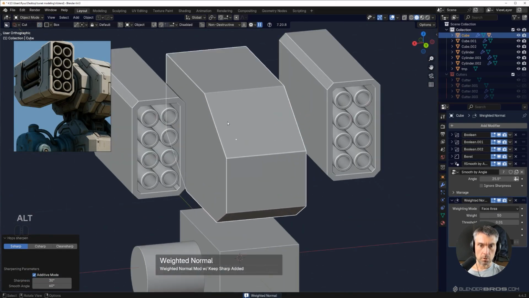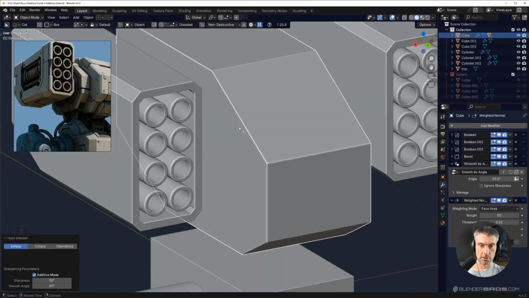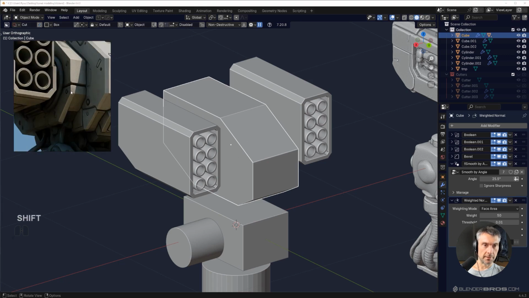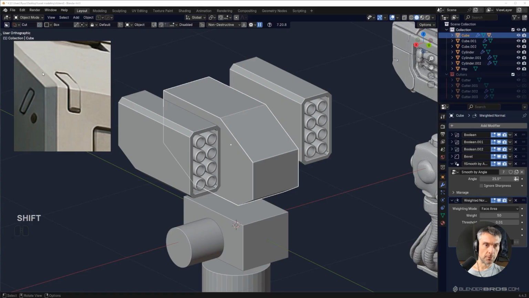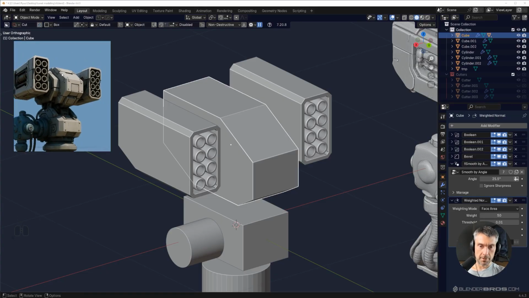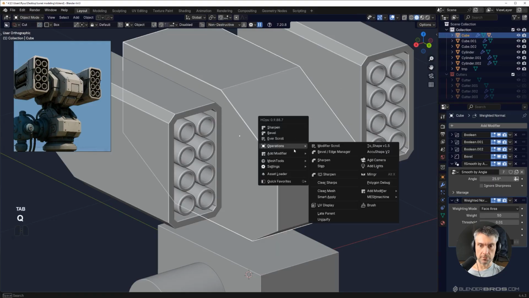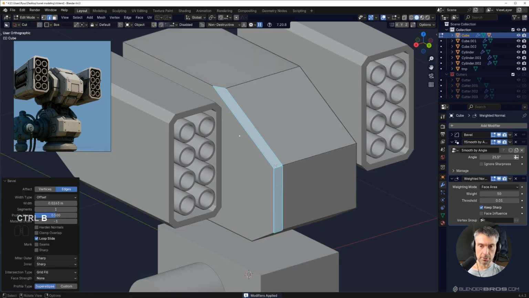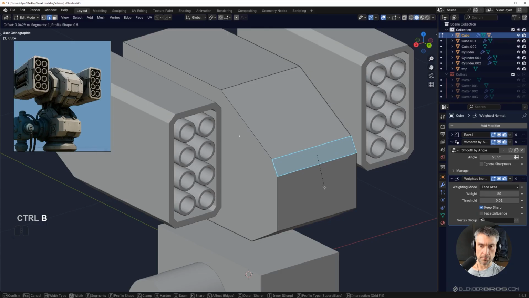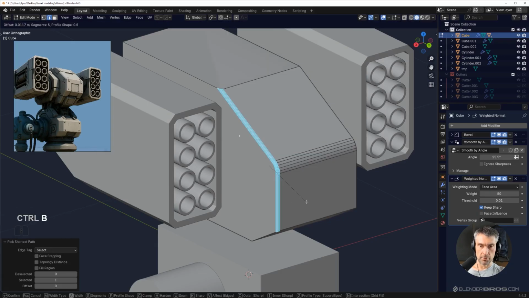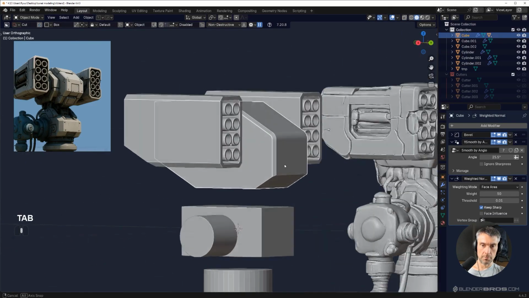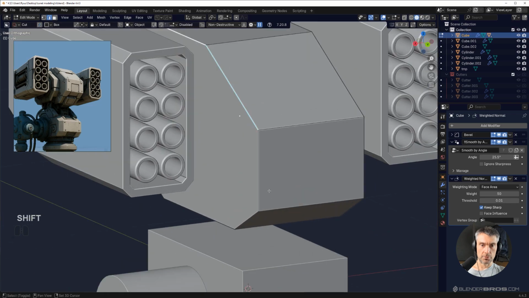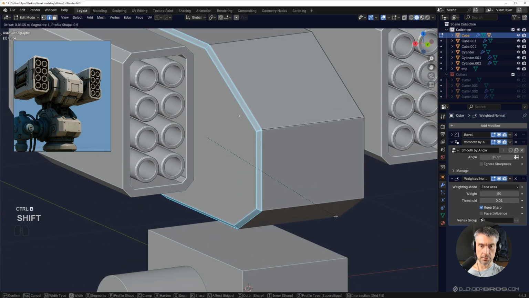And now what I want is to continue with this idea of a chamfer. Now I'm not a great fan of running chamfers like this. You see this corner here. I always like to have a little bit of a bevel, so when I'm running a chamfer, let me just apply this. Operation smart apply. When I'm running a chamfer like this, I'm not really crazy about this corner here. What I do is I run the bevel first and then run the chamfer to make it a little bit softer. But in this case I might actually go ahead and run a proper chamfer on this entire structure here. So do something like this,